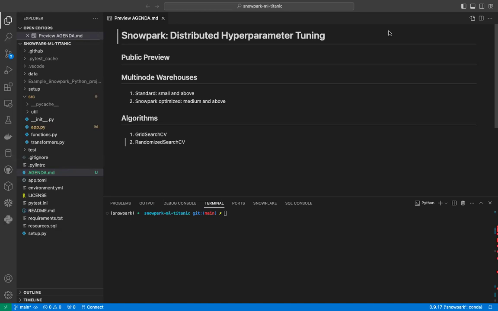Snowflake introduced distributed hyperparameter tuning for Snowpark ML projects. It is in public preview right now. We can use this feature in multi-node warehouses. That means it is available from small and above for the standard type of warehouses, and for Snowpark optimized warehouses, it is available from medium and above. It is right now implemented for grid search CV and randomized search CV algorithms, and we will see how we